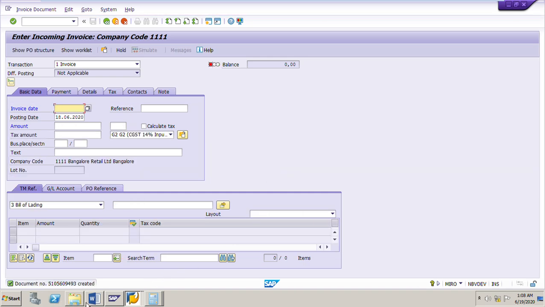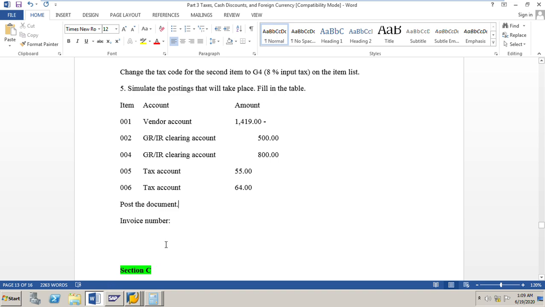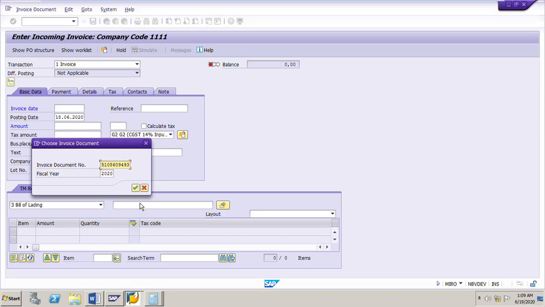This is the invoice number, 510-560-9493. I had to note down this invoice number. To note it, just click other invoice, and the same invoice number will come. Just copy this one and paste it in our exercise here, because I want this invoice number. This is the invoice document number. I will just make it bold. Now this is done.